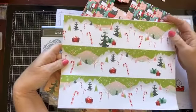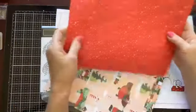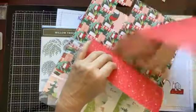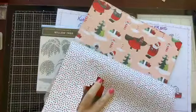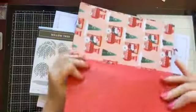You can do one of your slim, skinny cards super, super easy with this. And the back side is nice. There are some Santas. There's a fa la la la on the back of that Santa. There's a gift wrap and that. This is the other Santa sheet. They are very multicultural this year,